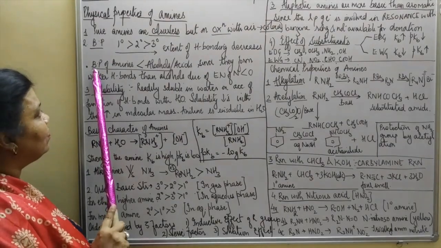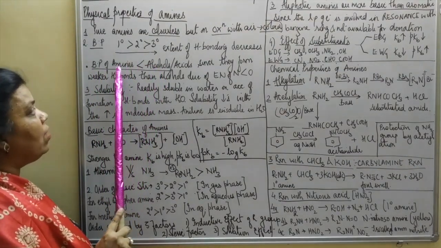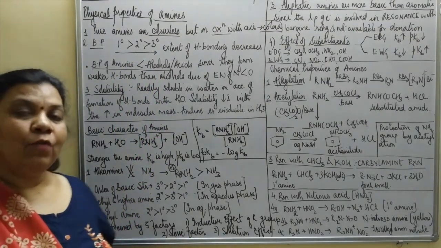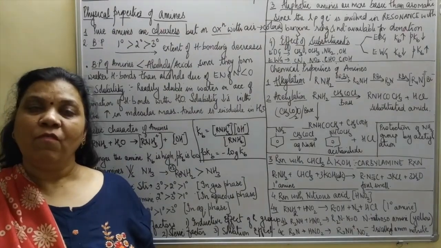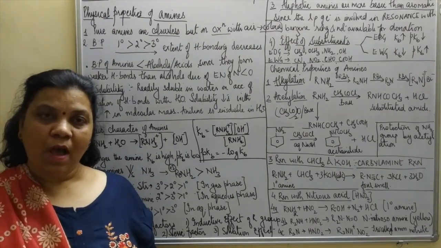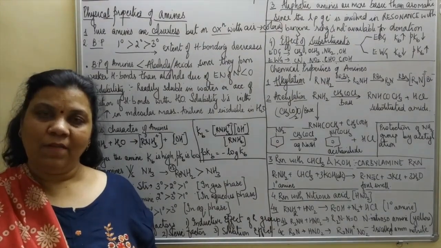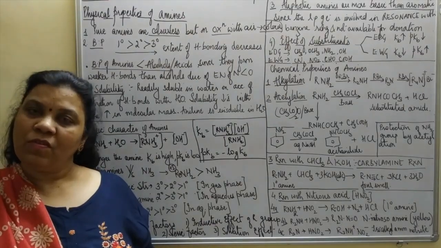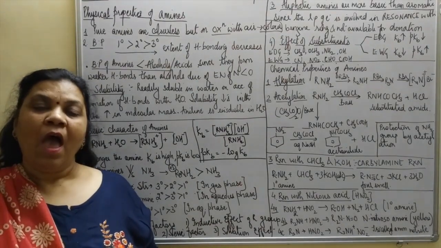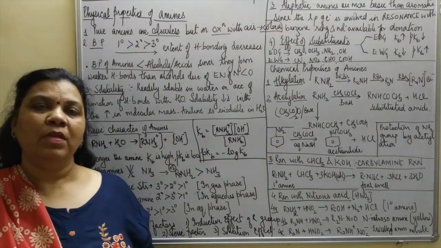Next, let us compare the boiling points of amines with alcohols. Both amines and alcohols have the ability to form intermolecular hydrogen bonds, because the conditions for the formation of intermolecular H bond are the presence of F, O, N, a highly electronegative element, along with a free hydrogen. So alcohols have oxygen, amines have nitrogen, and both of them have free hydrogen, so they can form intermolecular